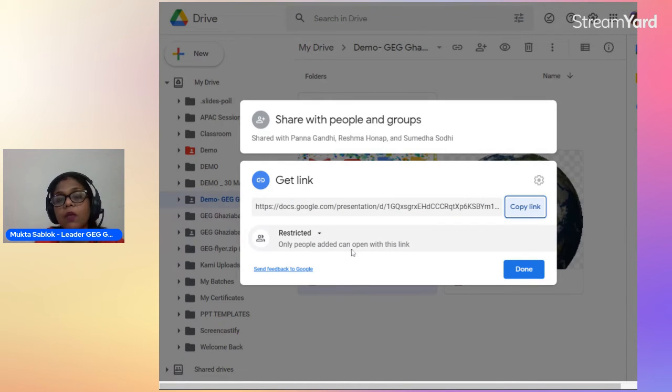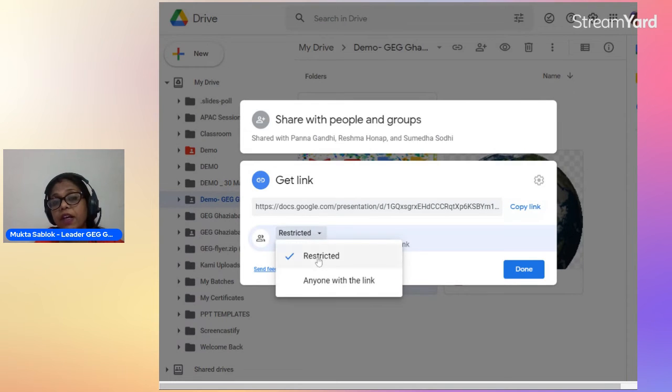So what I can do is get a link and share that file or folder with that link. Whenever you are sharing the link, just remember to whom you are sharing so that no misuse will be there. And remember to put the settings restriction according to the work.